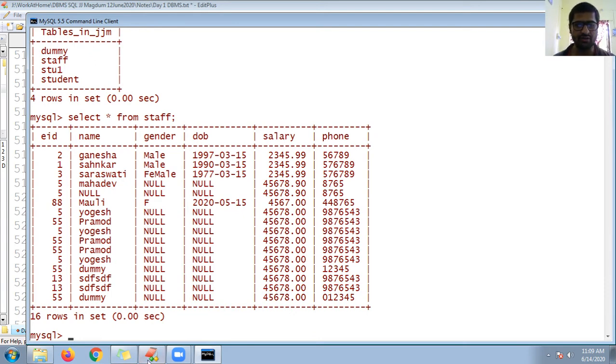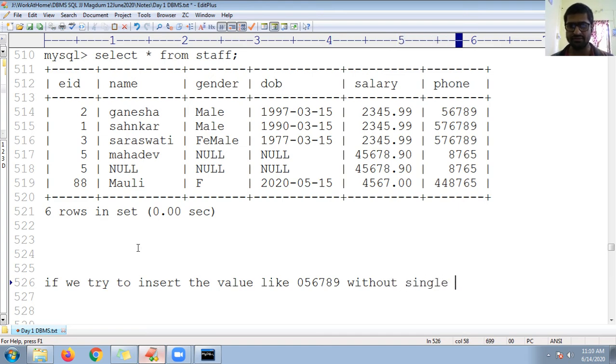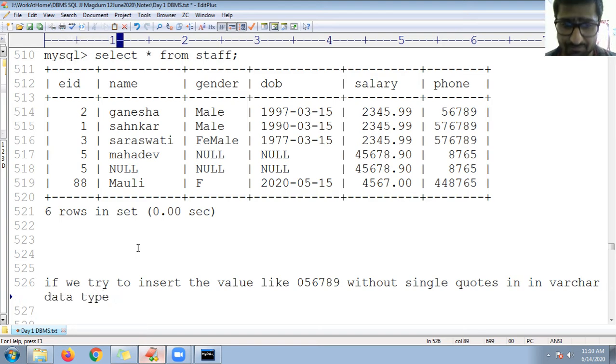Let me type the query here. Let me give the explanation for your info. So guys, suppose I'm using some numbers. But if you try to insert a value without single quotes in a varchar data type column, we are having 1 minute of time for the meeting.